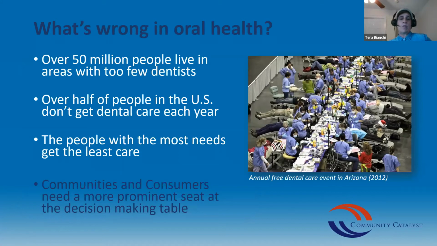I'm going to say this briefly. I feel like the folks coming to this call work in oral health and are familiar with it, so that we have a problem. Broadly speaking, the way we see it is that our current system is not working for around a third of the population, and it's not random. It's not every third person who doesn't have access to care. There are specific populations and communities that have the least access to care and some of the most need. That's a structural and systemic problem.